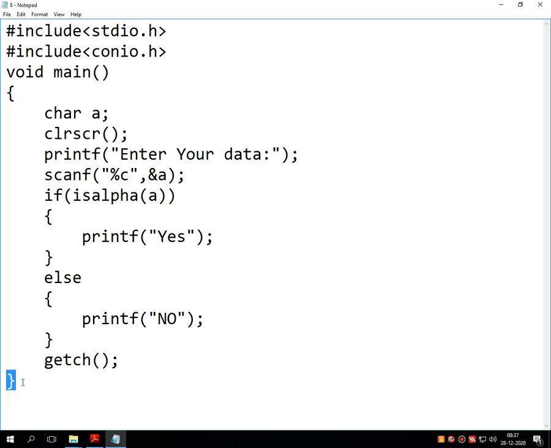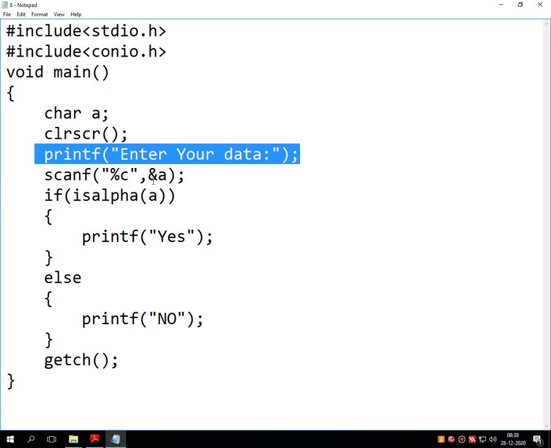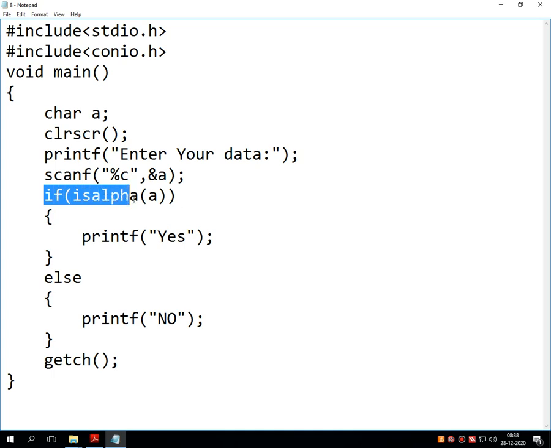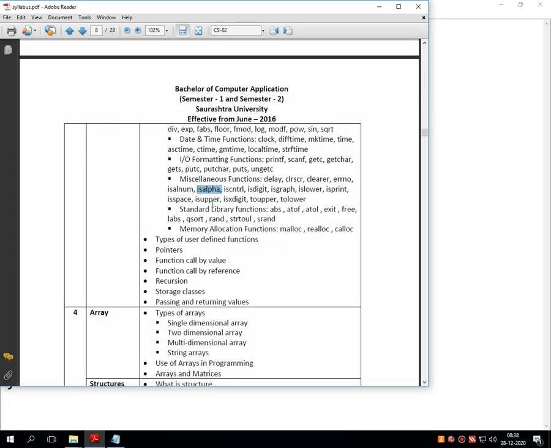Inside the brackets, I have declared one variable as a character, and after clrscr there is a label called enter your data. This scanf statement will read that data, and it is checked by the function called isalpha. If this condition is true, it returns yes, and if this condition is not true, that means the entered data is not alphabetic, then it returns no onto the screen. So this is very simple code that we can use for isalnum as well as for isalpha.